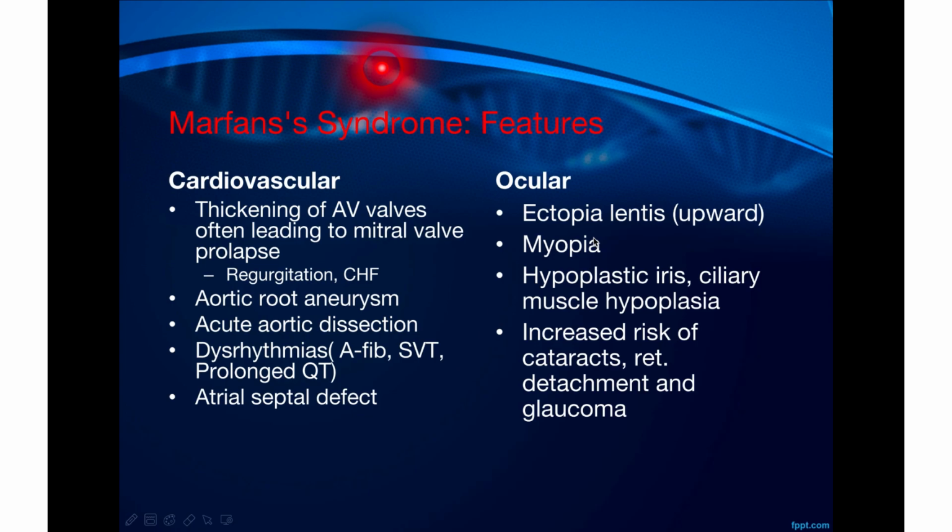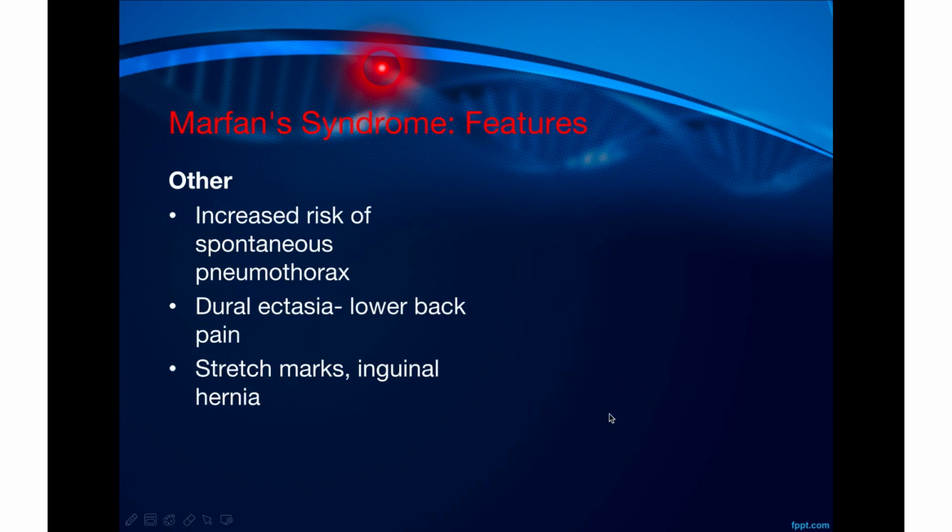Okay, so next we're going to see myopia. We're also going to see hypoplastic iris, ciliary muscle hypoplasia, also increased risk of cataracts, retinal detachment, glaucoma, and so on and so forth. So these are some of the ocular manifestations that we can see in patients with Marfan's. Next, moving on to several other features that we could see. They have increased risk of